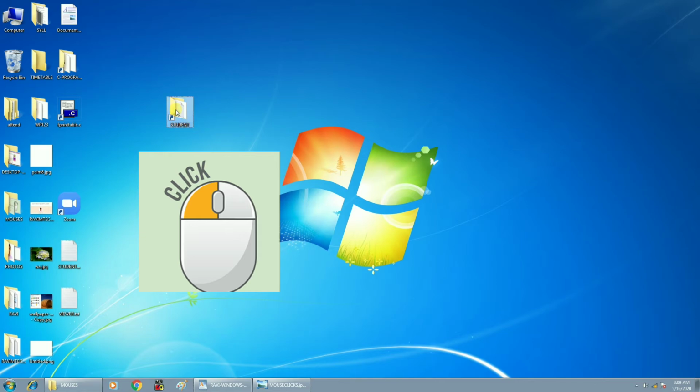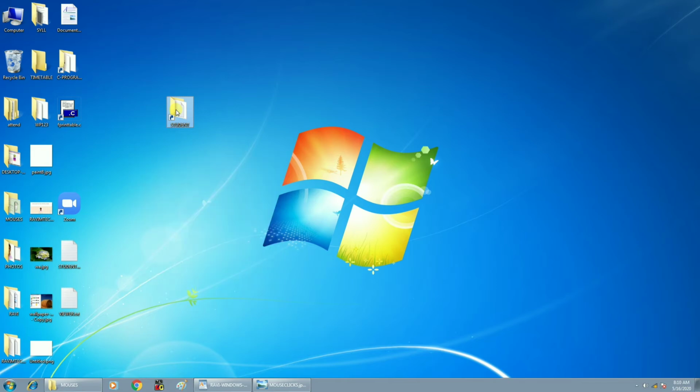Now if you observe the folder, a portion of the folder was highlighted. The back side was highlighted, so that you can come to the conclusion that it was selected. Okay, I selected the folder. Now next, what is the next step? I need to do some additional operation with that folder. How to do it? Now what I told you, without moving the mouse pointer, just use the right mouse click.